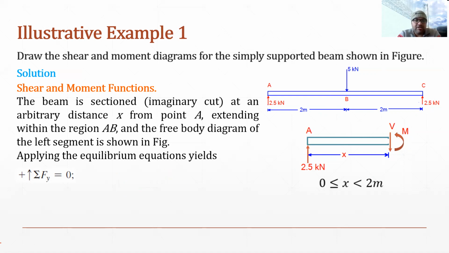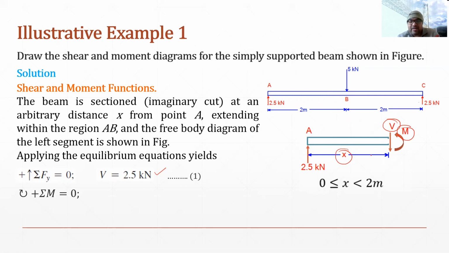So that I have written here. Yes. So the value of V on this point at distance x will be 2.5 kilonewton. So we will consider this as equation 1 because we will be making these as equations because we have to draw the diagram later. Then we will calculate the value of M as a function of x.